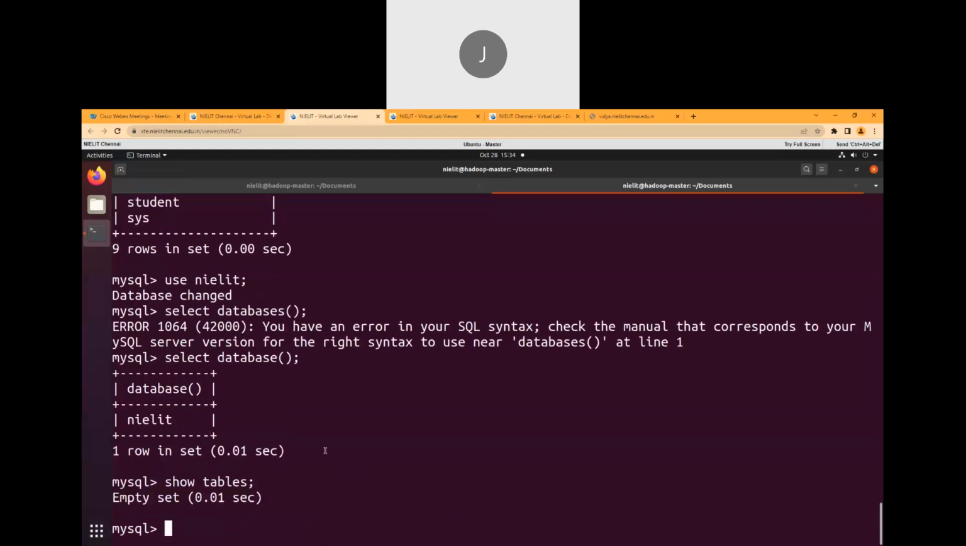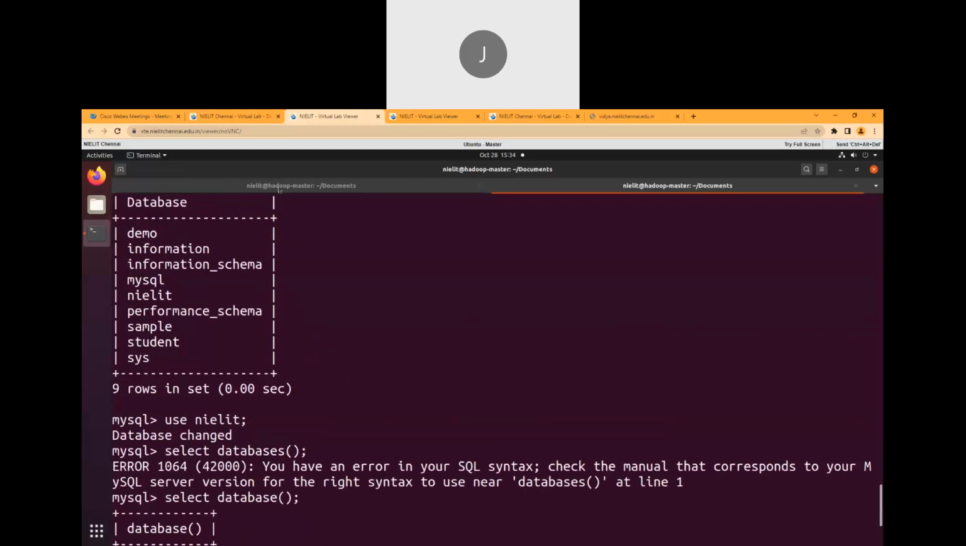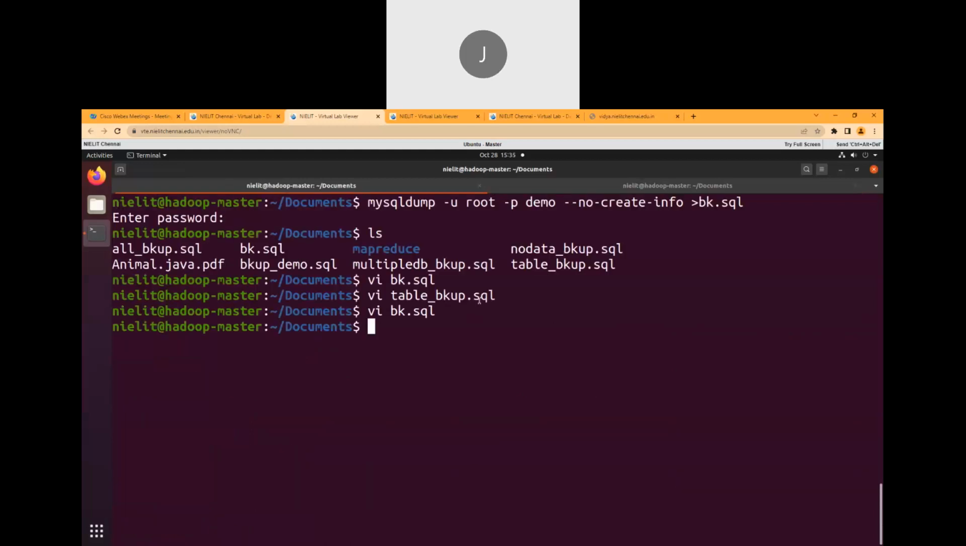Now what we will do is populate this database with other databases, like sample or demo databases. That is, import from a backup file or SQL file into your database. How do we do that? MySQL